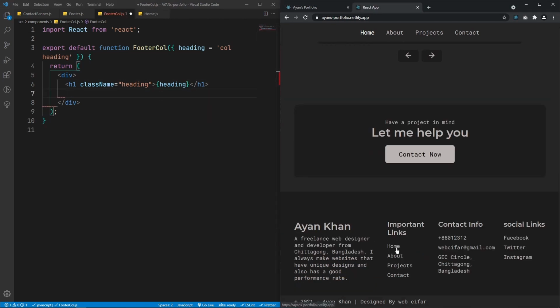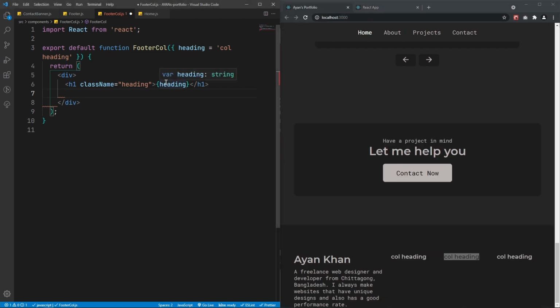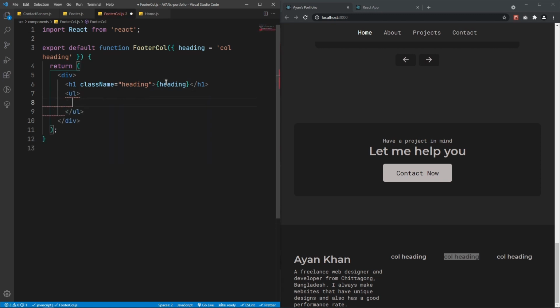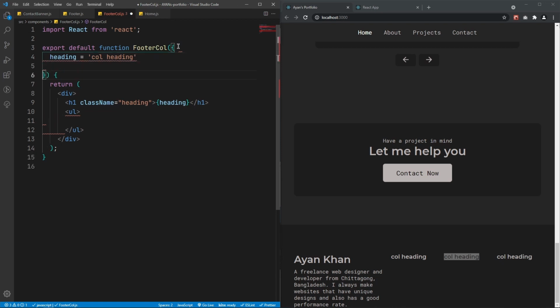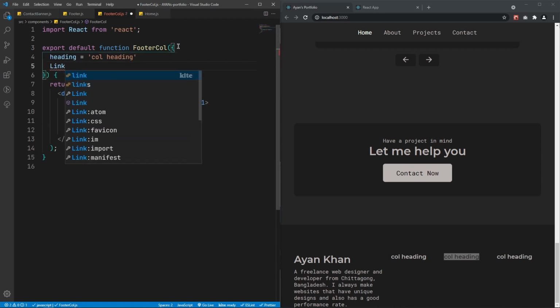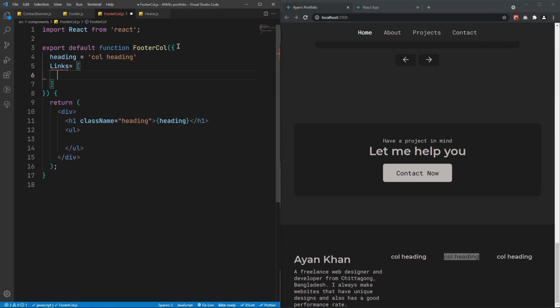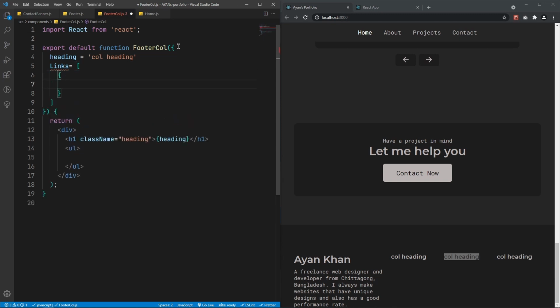So after that let's actually create these links, as you can see. For that, after the heading let's get a UL, and inside that we will have the list of links. For that we will get those links from the props. So here we can create some default link props. Let's say it will be an array, so links, and inside this array we will have an object of link, so the type will be